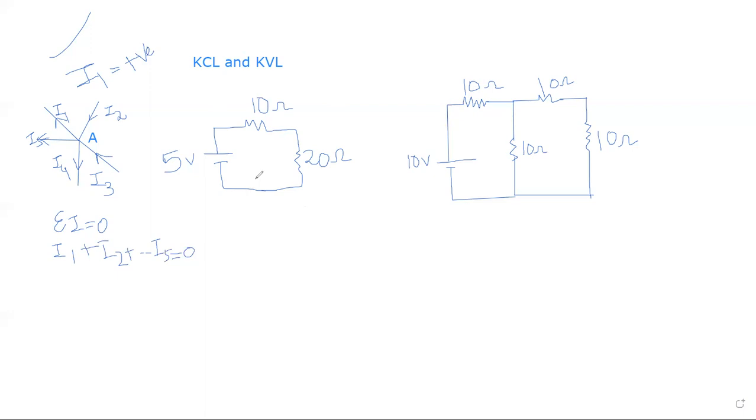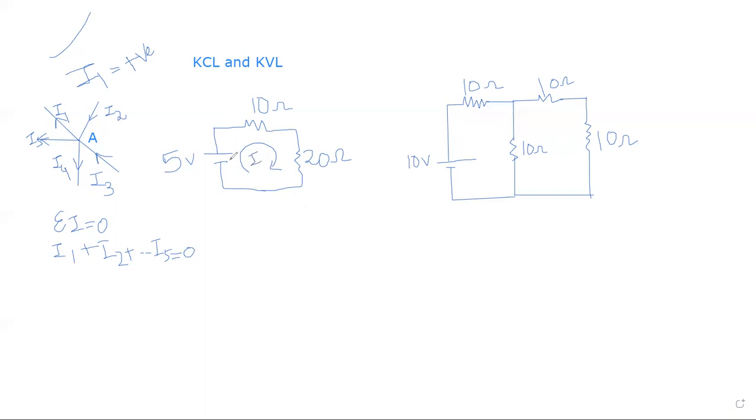When can we say it is a closed loop? When there is no branch that is open in the loop, right? So this is a closed loop. Now let us apply some of the techniques to this. Okay, first of all, I will mark the current. If I mark this current, you can take any direction, as I told you earlier. You can take any direction, right?